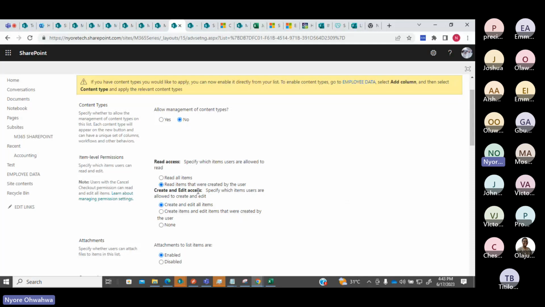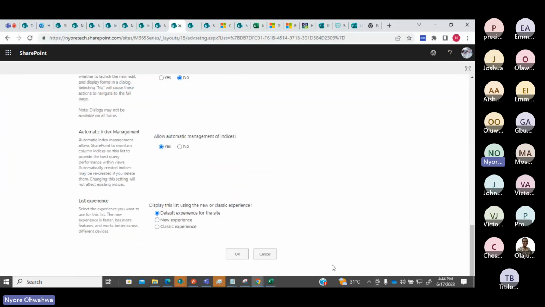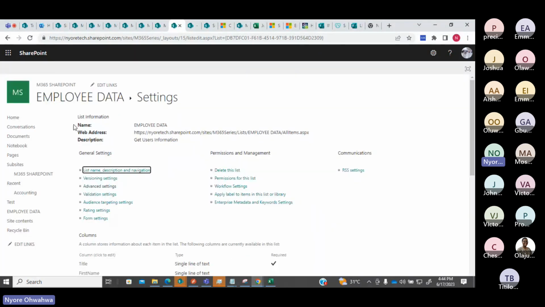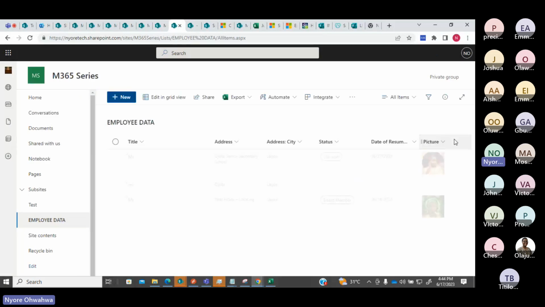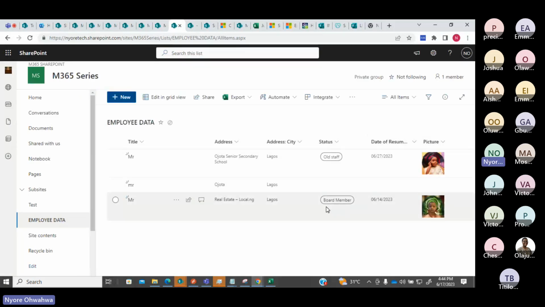So this is one very important thing about a list, right? As an admin, you'll be able to see everything that the users have added to the list, but for users that you share this list with, they will only be able to see what they have added on the list, okay?